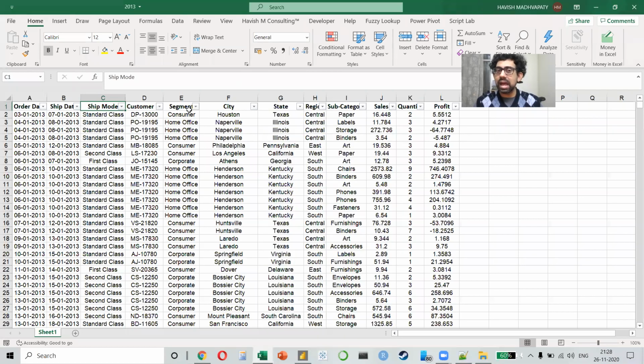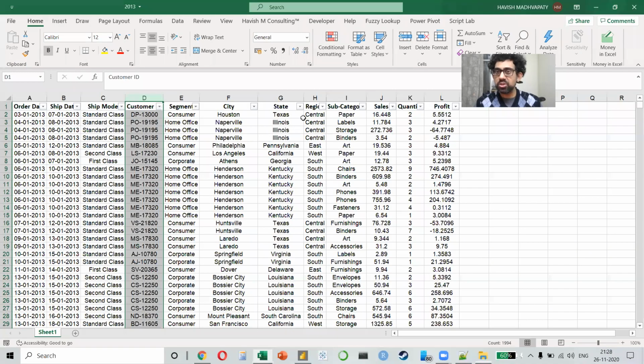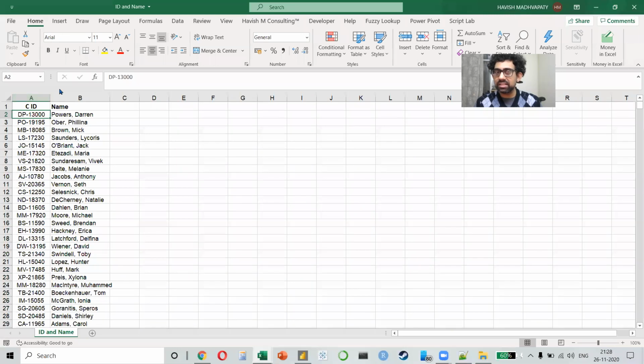But the problem is that I have the customer ID, but where is the name? To find the name, we have to go to another file, which is the ID and name. And here you notice we have the customer IDs and the names like this. This is how data is usually stored in an organization, right? This is your MIS, your management information system. This data will be recorded typically on SAP or on some CRM, let's say Salesforce. This would not appear everywhere in your system because you only have the customer ID, and in this one system, you will have the mapping with the name as well.